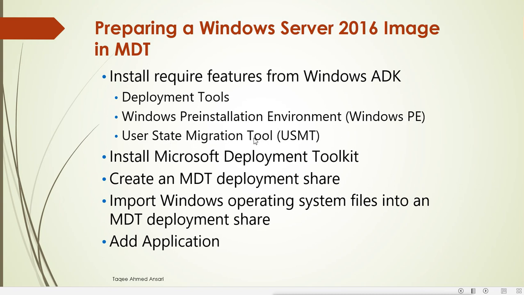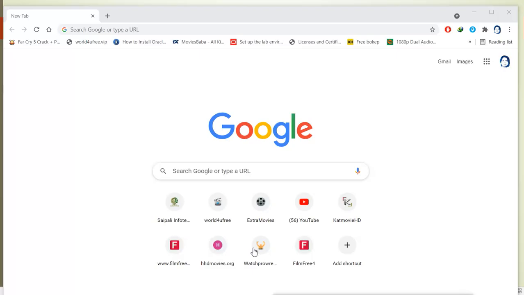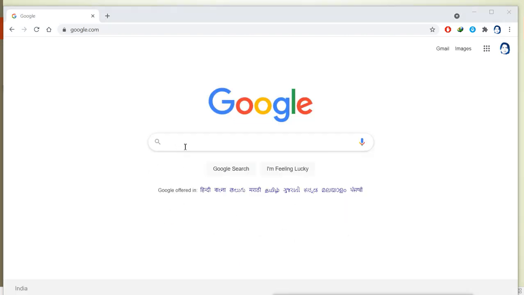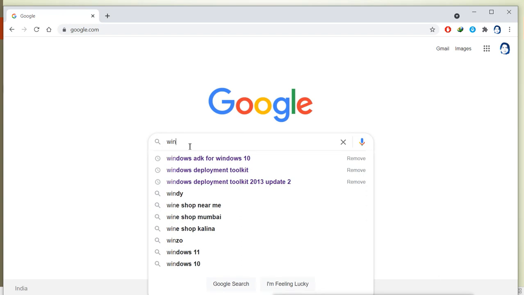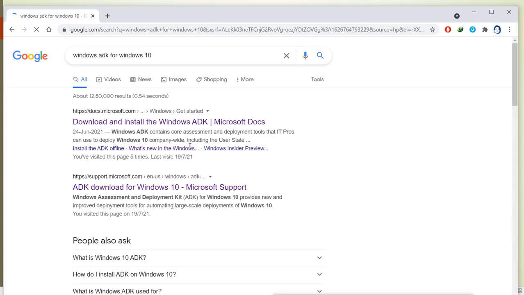Now first we have to download this Windows ADK from the Microsoft official site. For that, we go directly to Google and type Windows ADK for Windows 10, and it will show you this.